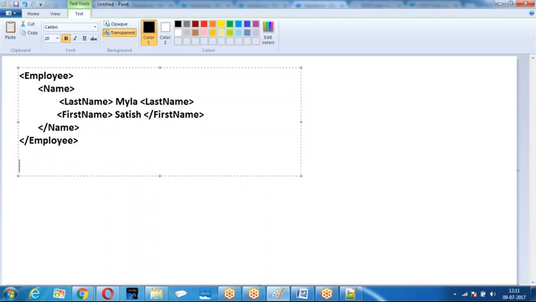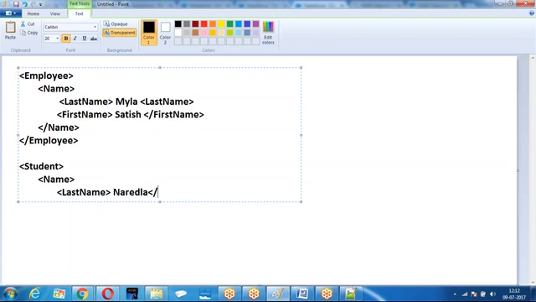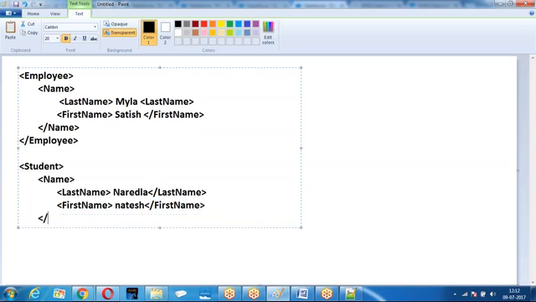So we have employee, we have student, there are two different files.